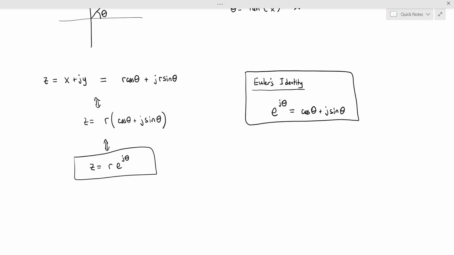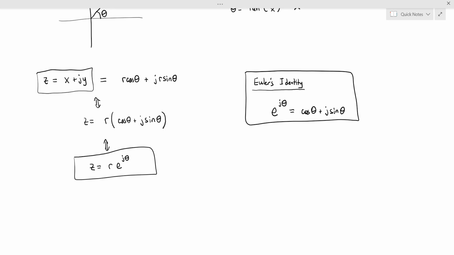Between these two ways of representing a complex number, one using rectangular coordinates and one using polar coordinates, in different situations one of these forms may be more convenient than the other. We'll see that especially in the next video when we discuss how to do some basic arithmetic involving complex numbers. For now, let's do